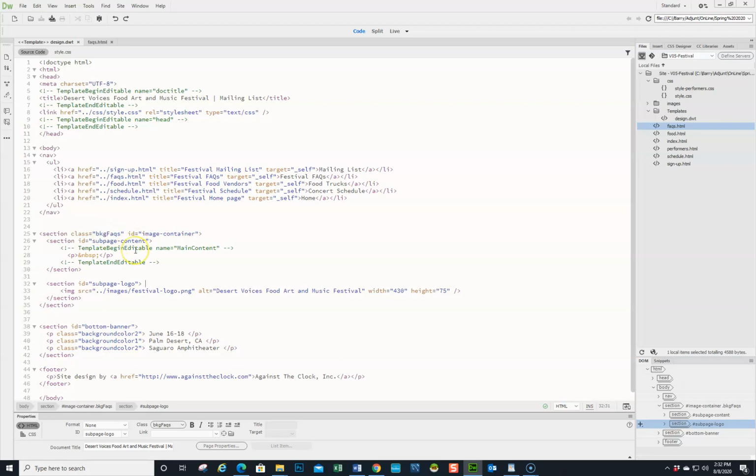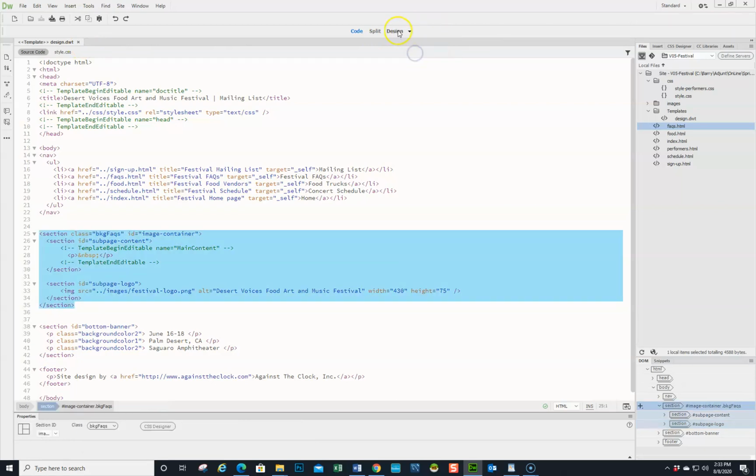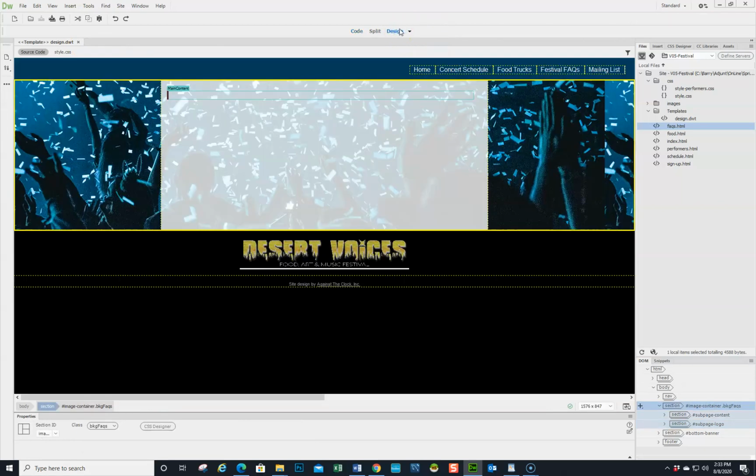So this is a different way of making sure that you cannot mess up things. It's going to force you to do it a specific way. So you'll understand that in a little bit. So for right now, let's go back. Let's go into design view, and let's go back over here. Okay, so we filed and we saved the template in here, and we're moving on to